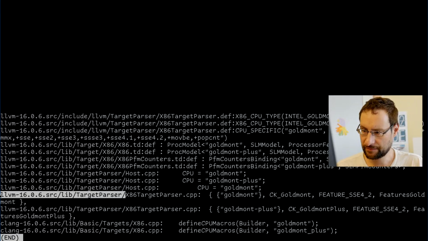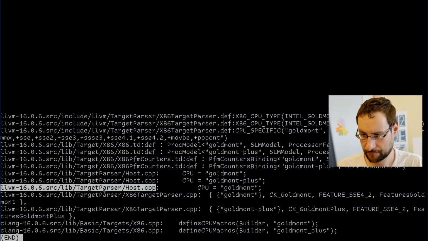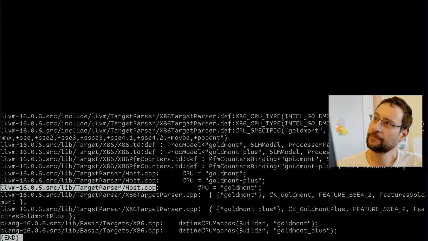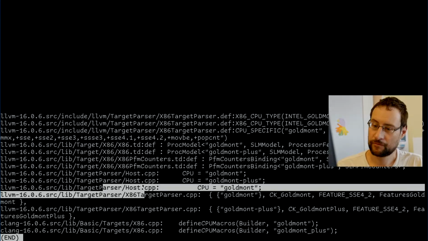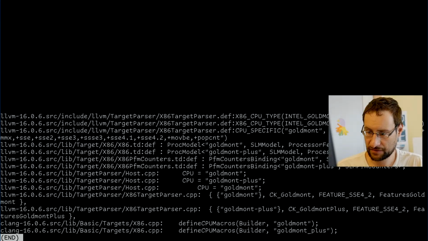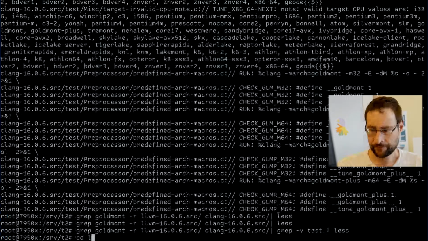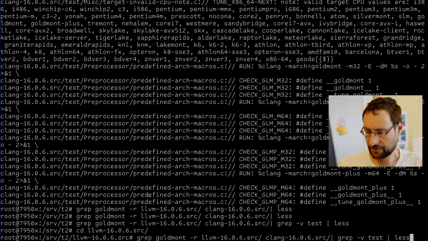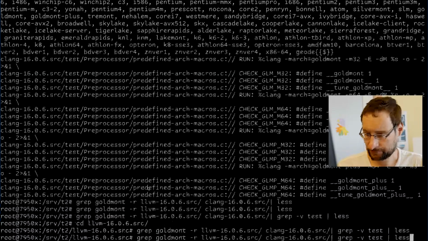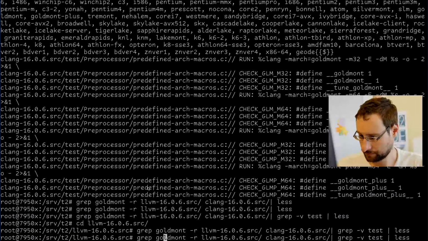So probably, but maybe we found 486 in there. Or is it hidden behind something? Does LLVM think it is building 64-bit code? It could also be a possibility, right?